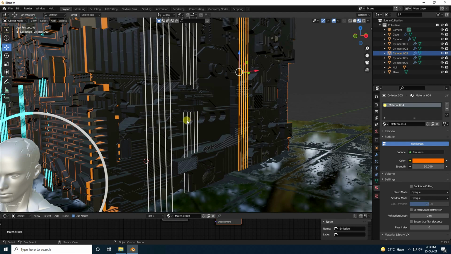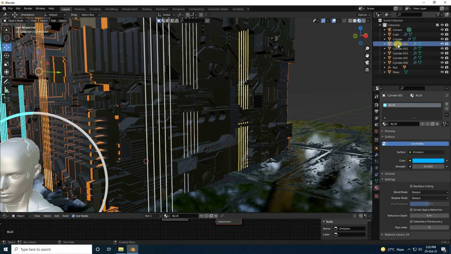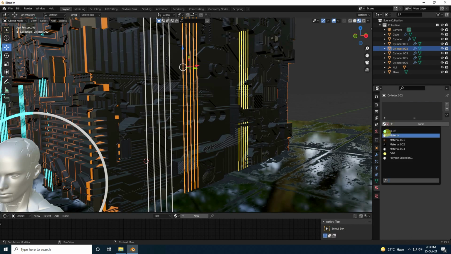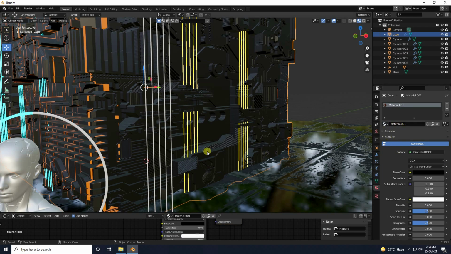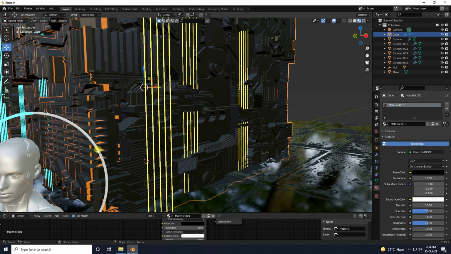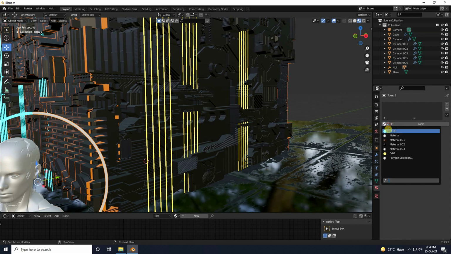Yes, and same guys, actually select this one, and material orange, simple. Select this one and change material. Select this one cylinder, and apply orange, and that's my cylinder background.